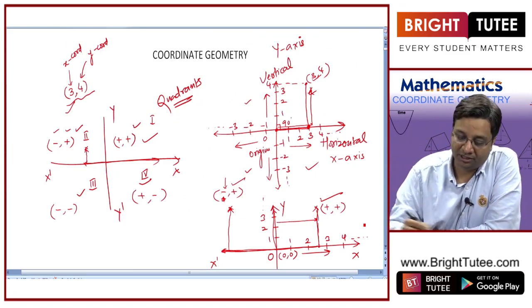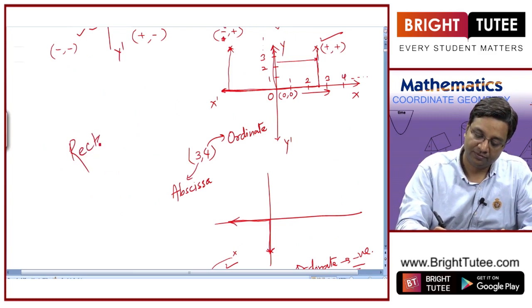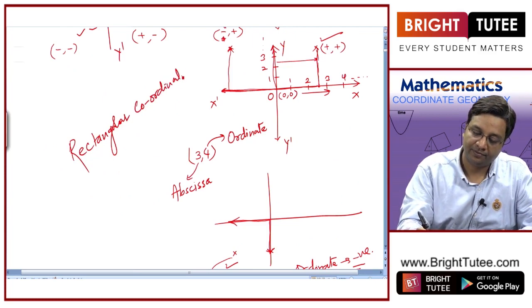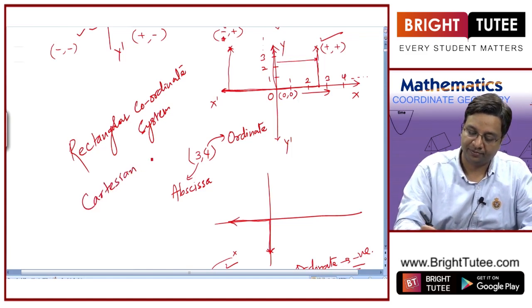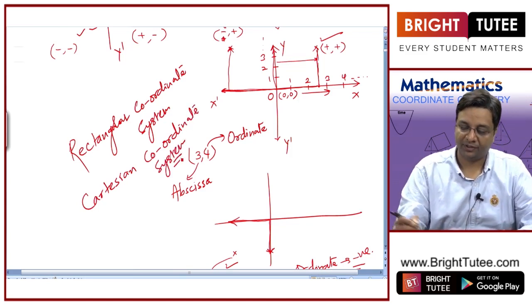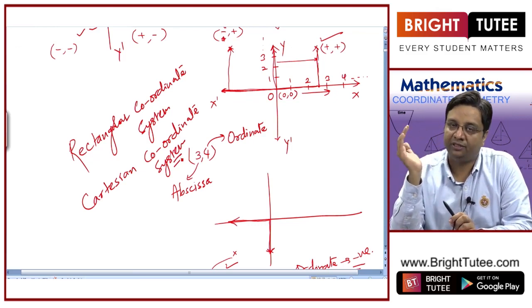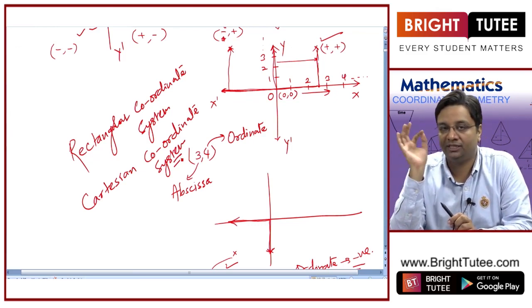What is a two-dimensional system? This is also known as the rectangular coordinate system, or it is also known as the Cartesian coordinate system. So you know how to locate a point. You go towards the x direction and then you go towards the y direction and then you reach that point,